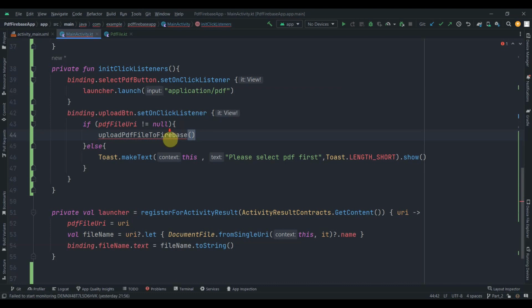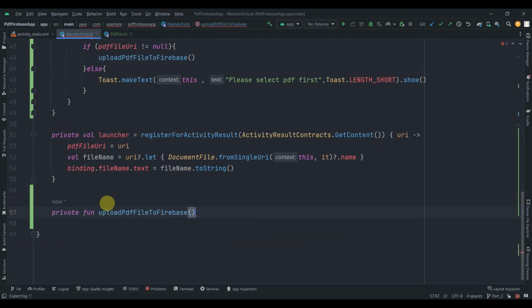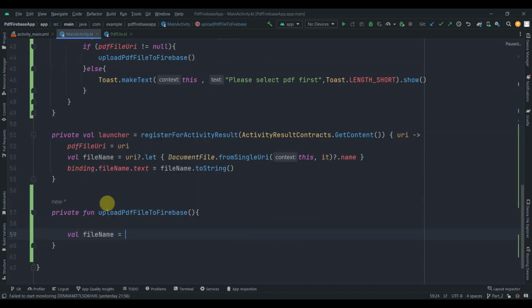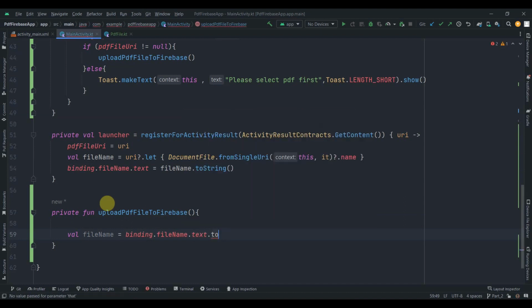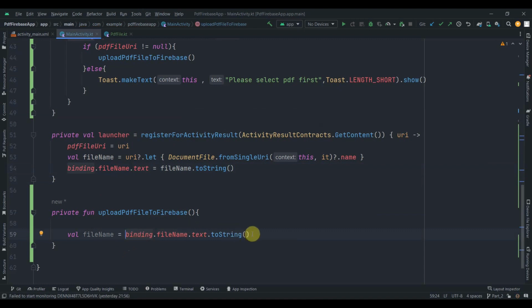Cool. And we'll define that function over here. So private fun uploadPDFFileToFirebase. Cool. So over here, first I'll create one val which will be equal to fileName, and I'll get it from binding.fileName.text.toString, because in the last video we have set the file name to the binding.fileNameTextView,